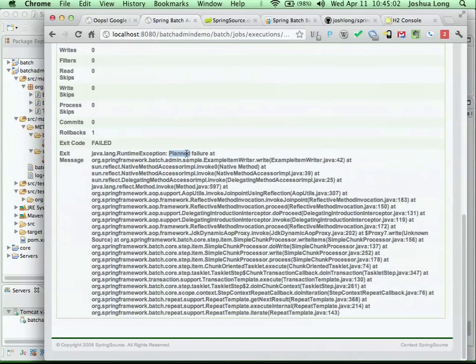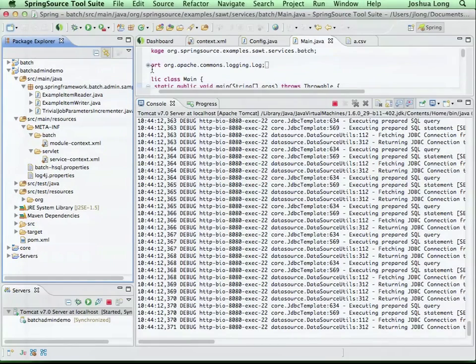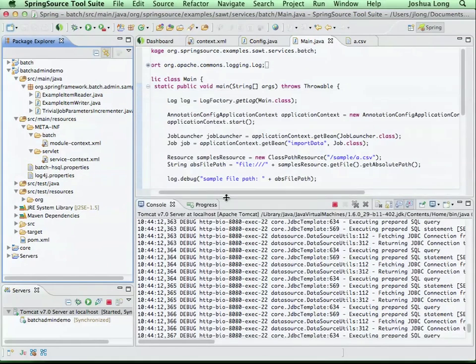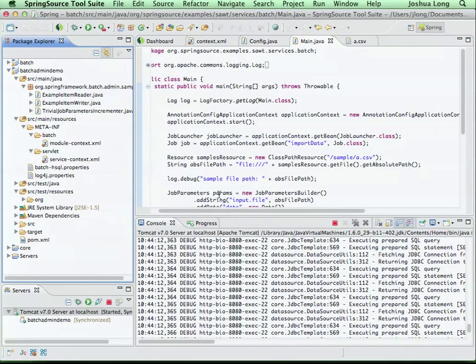one step to another. So say you've got one step that reads from a file and then converts to a database, and you've got another step that goes through that entire database and does some sort of accounting on it, and then you've got another step that actually writes the results to an audit file or report used for offline analysis. You can have all three of those as part of one big job. And then inside of each job, you have as many steps, and the steps can have chunks. So you can say every 100 records do X. And so yeah, you can conditionally route to other steps based on exceptions. You can tell it to route to other steps based on information that you have at runtime.